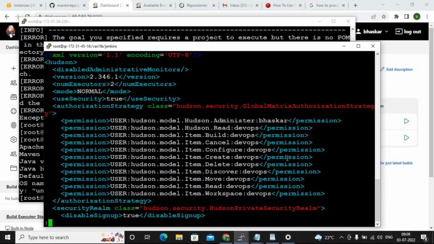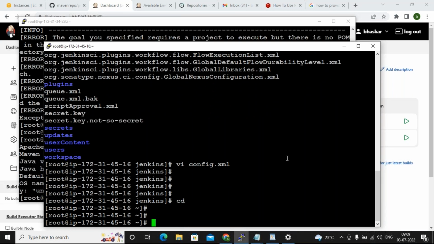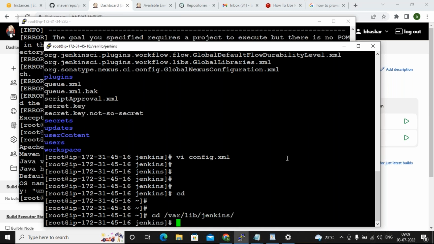We have to take a backup of it to some other folder. A daily backup should be there, once a day, or before you make any changes to the configuration, you should take a backup of this var lib Jenkins folder, guys. This folder is very, very important.